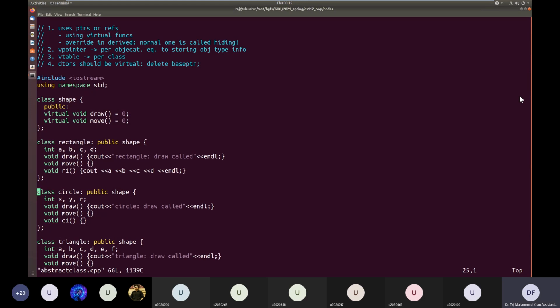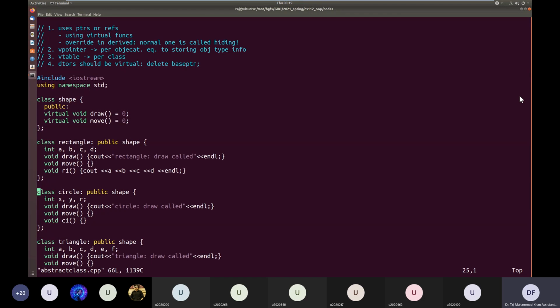The syntax of declaring a pure virtual function: the body does not exist for a pure virtual function. These curly brackets are for the function body. So instead, the function is just declared equal to 0, and that means this function is a pure virtual function. There will never be a body for a pure virtual function. Later on, in the derived classes, we override this function and provide a body.